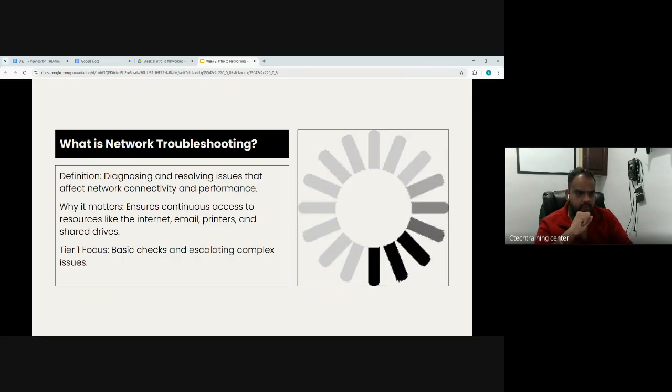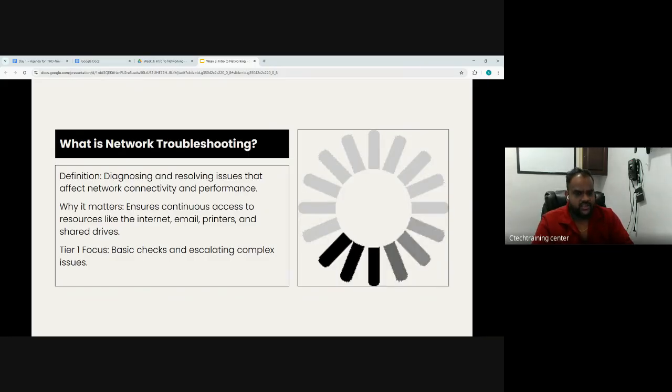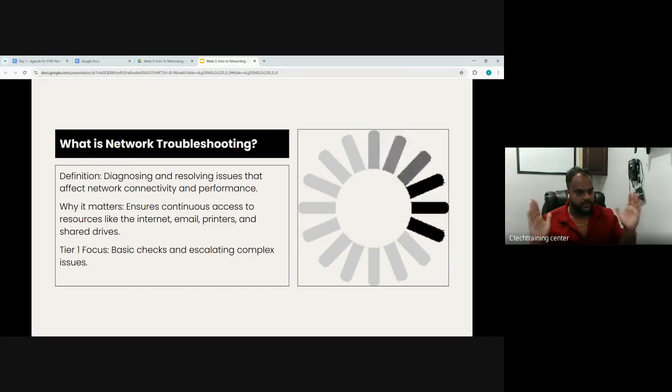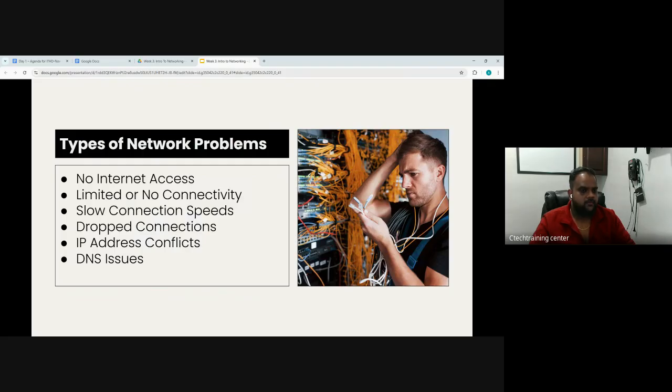The tier 1 focus, which is your role, is basic checks and escalating complex issues to the next tier. You'll be starting in tier 1, and this is split into tiers, which I talked about in the pre-recorded video. Types of network problems are: no internet access, limited or no connectivity, slow connection speed, dropped connection, IP address conflict, and DNS issue.